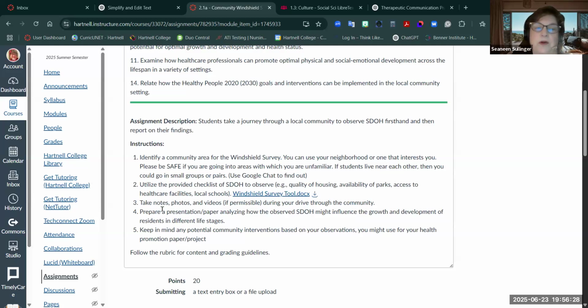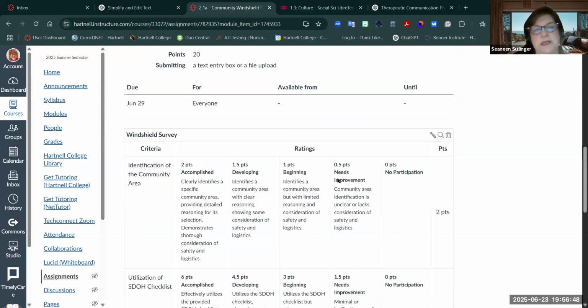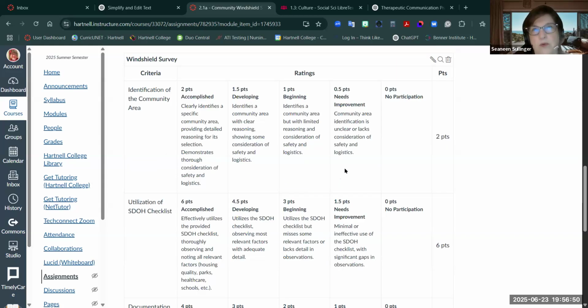You have a choice: prepare a presentation or a paper analyzing how what you observed in that checklist, in terms of social determinants of health, might influence growth and development of residents in the community in different life stages. I've been doing this particular one for a couple of years now, and most students feel it's easier to just do a presentation, like Google Slides.